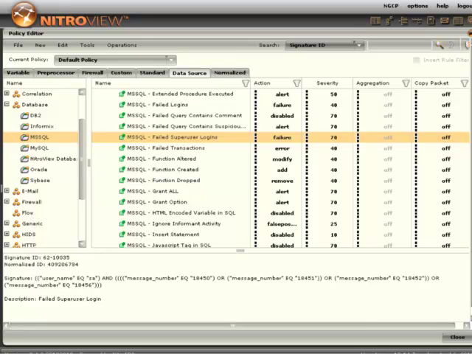And in this rule, what it's essentially saying is that it's looking for the response message, which has a message number, which may be 18450 or any one of the other numbers for SQL Server. You have similar messages coming back from Oracle or Sybase or DB2. And then you associate it with the username. Is this an SA? Is this an administrator? And then you raise the severity of the